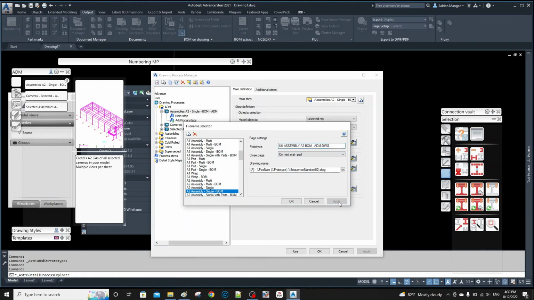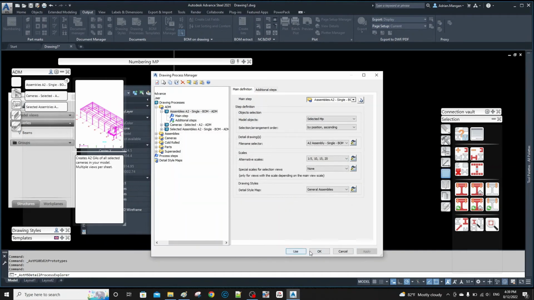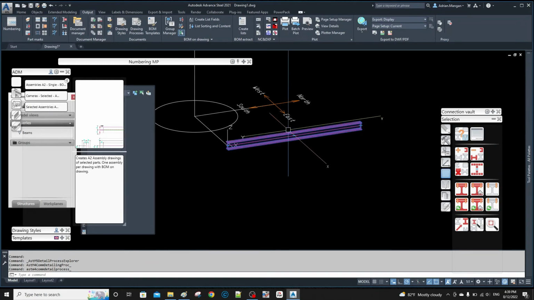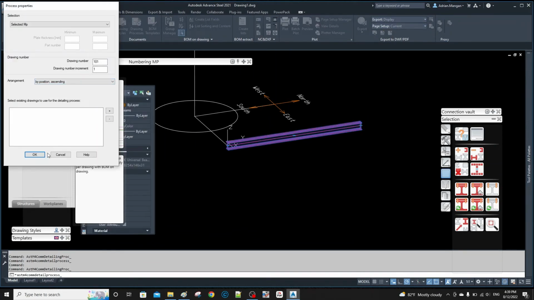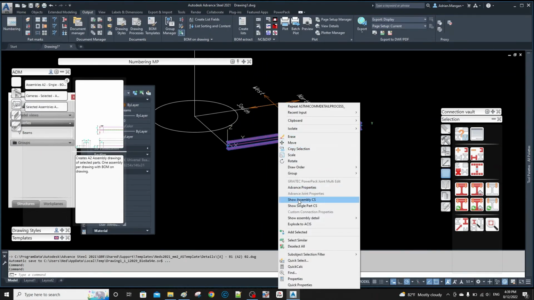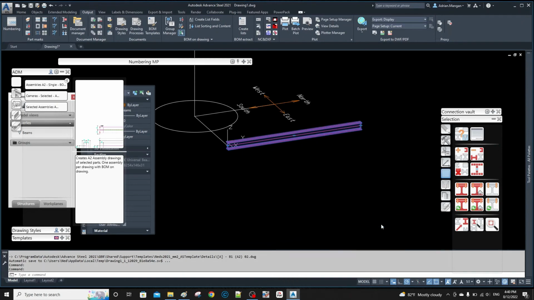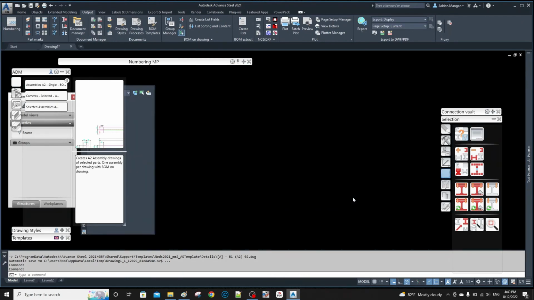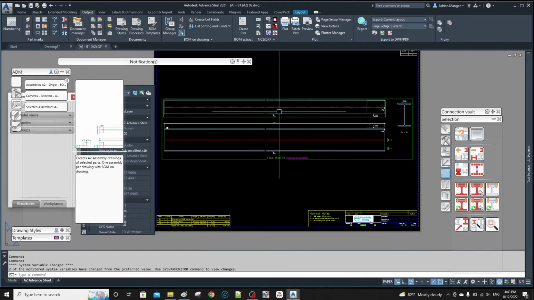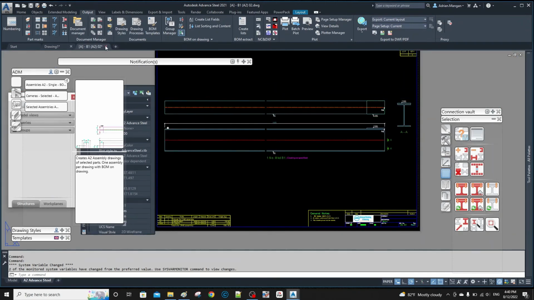All right, apply. So now that has been applied. Okay, apply. Okay. So now let's go and select this again. And let's go to the second assembly it's created for the same one. And it's on my own sheet. But we still don't have any clipping. Right, so if we want to put the clipping in this,